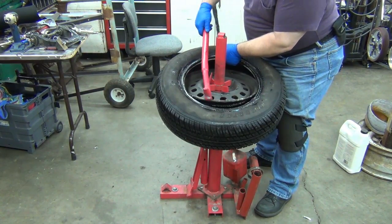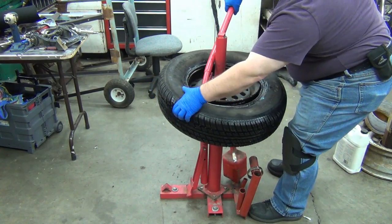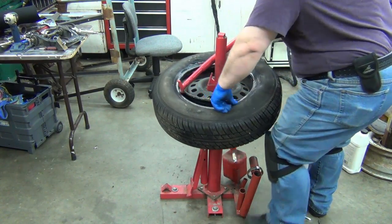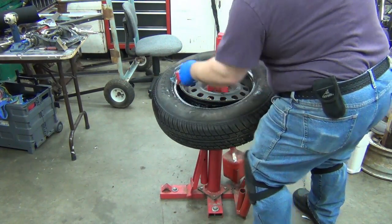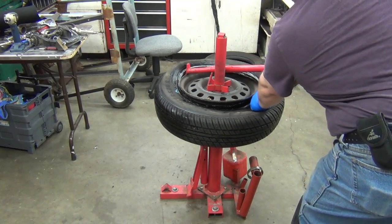Now this side of the bar is for putting it down. You lift the tire up here so you can get some space. Now lift the tire up, put the bead kind of in the little V there. What we're looking to do is get that V on the tire there. There we go. I want that tire in the V, and I want to push the bead down here